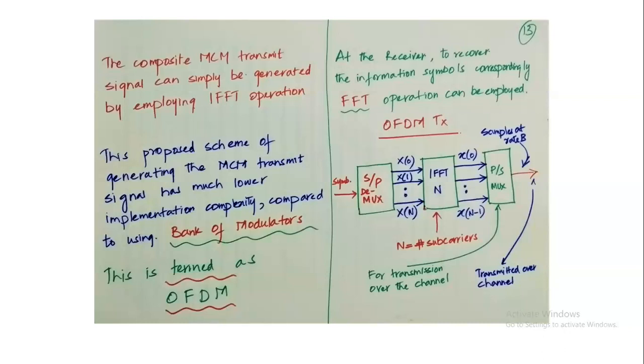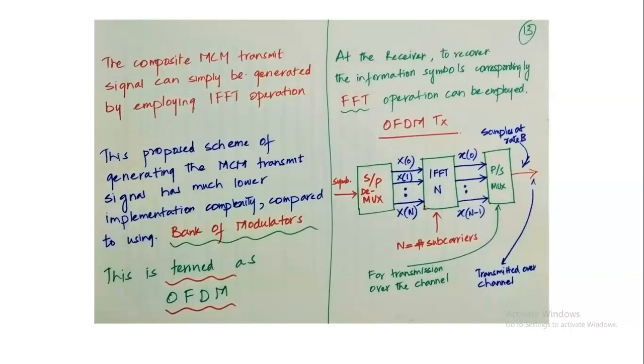At the receiver side, to recover the information in OFDM, we could similarly use the FFT operation instead of IFFT. Bear in mind this FFT operation is basically a fast algorithm for implementing DFT, and IFFT is a fast algorithm for implementing IDFT, which we discussed in the previous lecture on multi-carrier modulation. Let's now look at the transmitter of an OFDM system compared to the transmitter of the multi-carrier modulation systems.